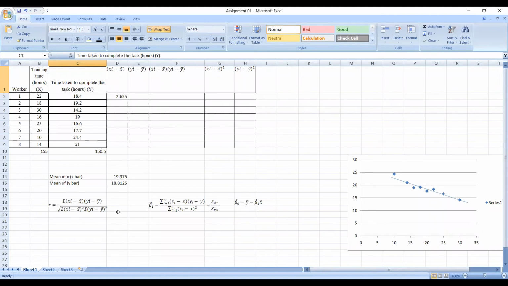And the whole thing you have to divide by the square root of summation xi minus x bar squared into summation yi minus y bar squared. So first, what I have done is I first found the mean value of x. That is, if you take the summation of the x's, that is 155, the summation of these values. And since you have 8, you have to divide it by 8, then you get